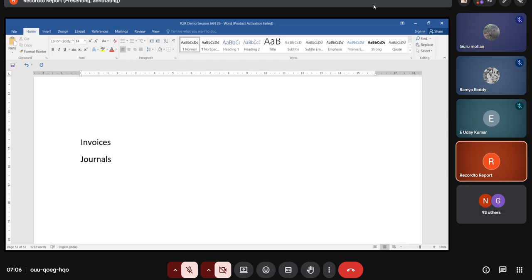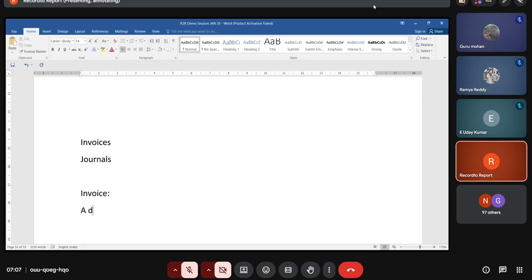To understand what is an invoice and what is a journal: both are transactions, but invoices are the transactions where a bill is generated. An invoice is nothing but, in simple words, a document